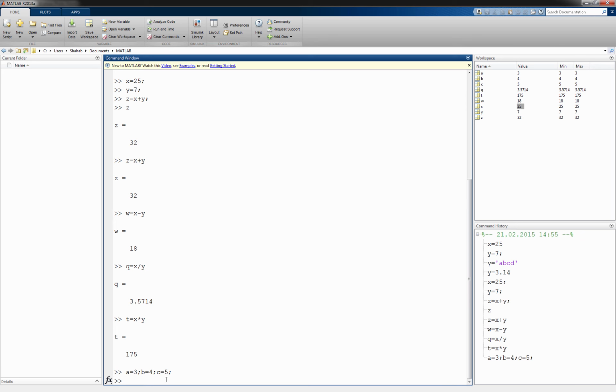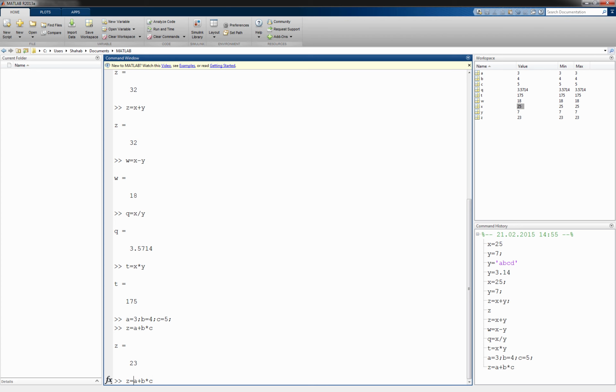Now what I want to do, I want to make an expression which is, let's write it down, let's say Z is A plus B multiplied by C. Now we know that multiplication always has a higher priority, so it means that C will be multiplied by B and then will be added by A. However, assume you want to do A plus B first, and then the result multiplied by C.